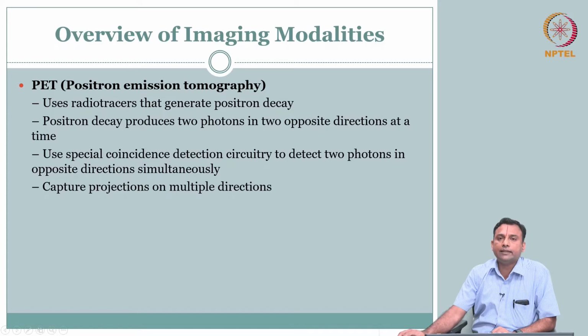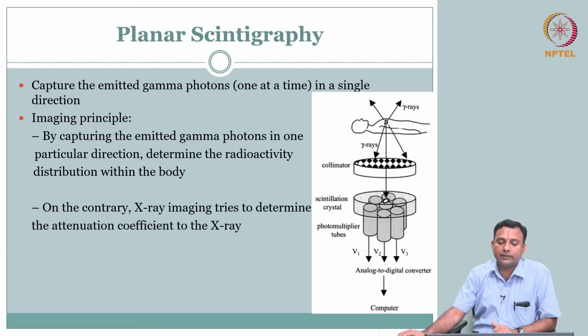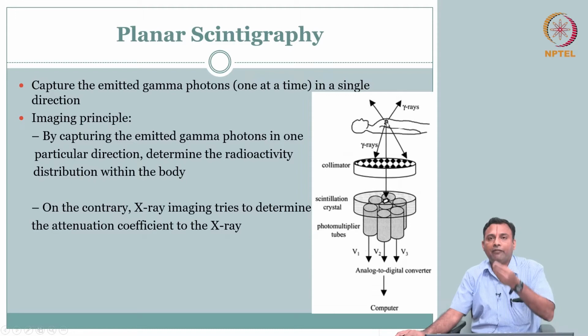Okay. So let us start with the first one. We covered the physics, so now we will talk about the instrumentation for planar scintigraphy. Here is the big picture view of what is happening in planar scintigraphy. Quickly, as we recognized earlier, the source is inside. You have a radioactive tracer, and you give enough time.